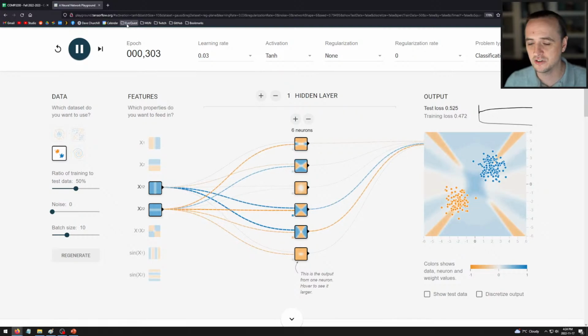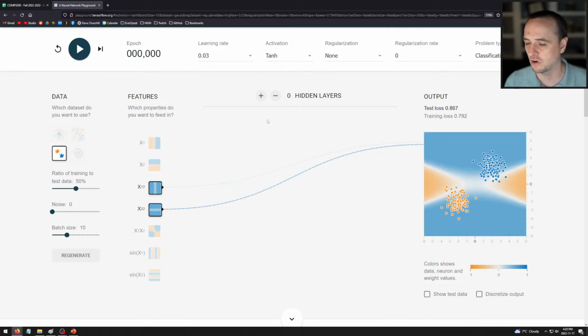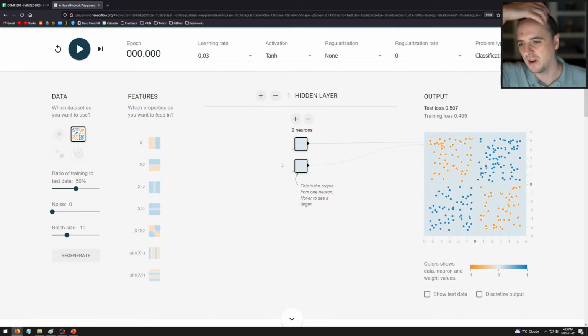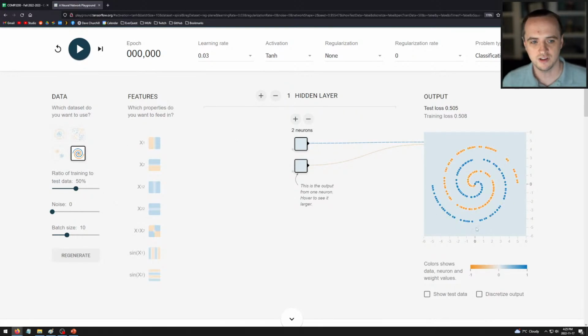All right, so what I would like you to do is play around with this, because I might ask you on the exam, here's a data set. How could you shape your data, or would you reshape your data? How would you pass these points in order to most effectively create a neural network with the least amount of neurons for that, right? I won't ask you anything super complicated, but something like this spiral, this is kind of a hard one. That's a hard one to solve. So play around with this, please.